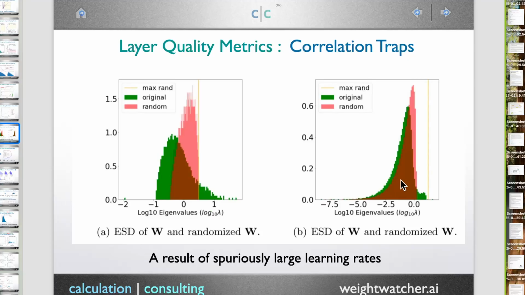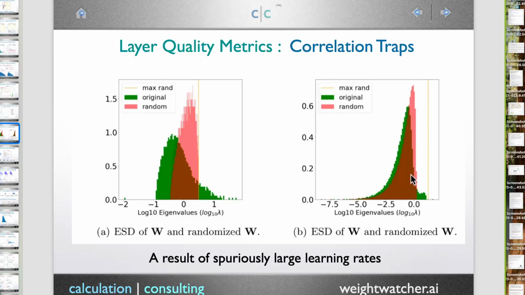But in cases where you have training with spuriously large learning rates and other weird things, you get weird large rank-1 perturbations in the actual matrix. So you get some weird weight matrix element, some Wij, which is really large, and it's so large that it screws up the eigenvalue spectrum. This is, I think, why people like to do clipping. In the old days, you would clip the weight matrix to prevent these traps from appearing.